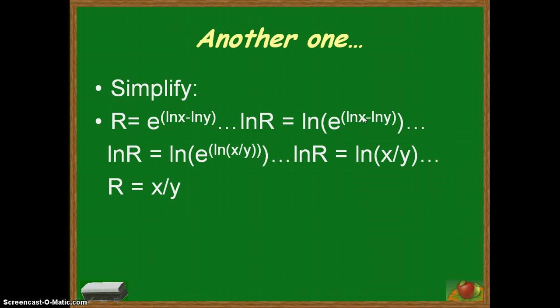Notice, I can write the natural log of x minus the natural log of y as a quotient. That's one of the properties of logs. So what I get here is the natural log of r equals the natural log of e raised to the natural log of x over y. Okay? I can now bring that natural log of x over y down because that's an exponent, and I get the natural log of r equals the natural log of x over y